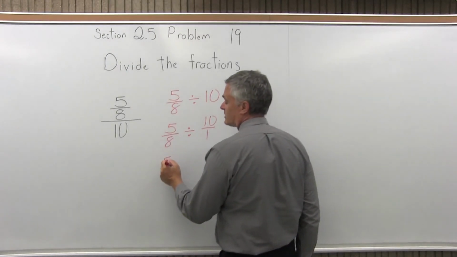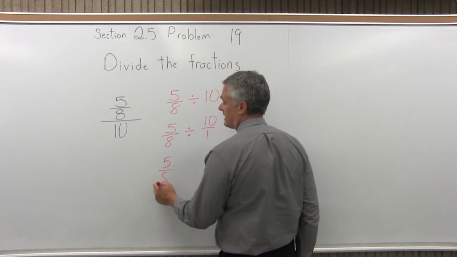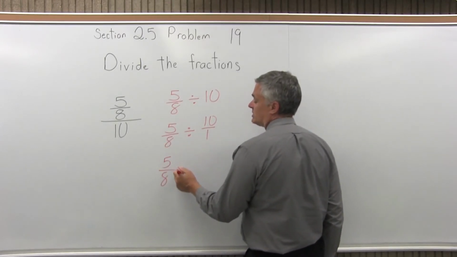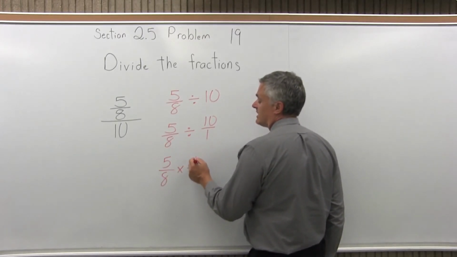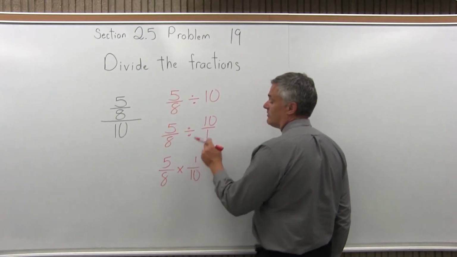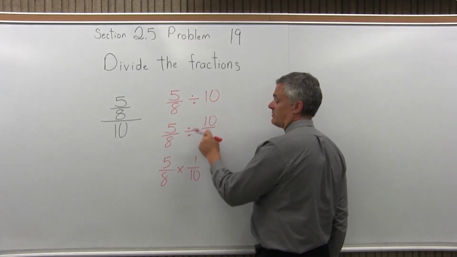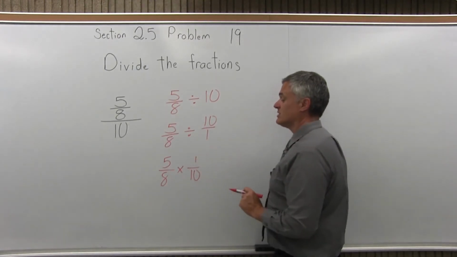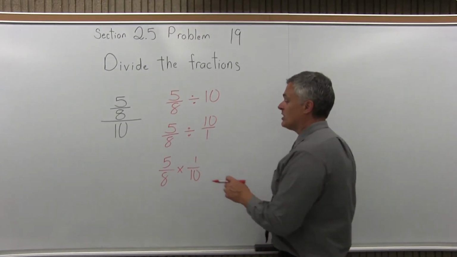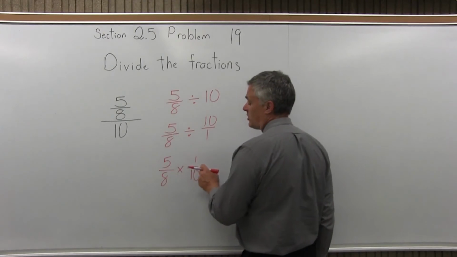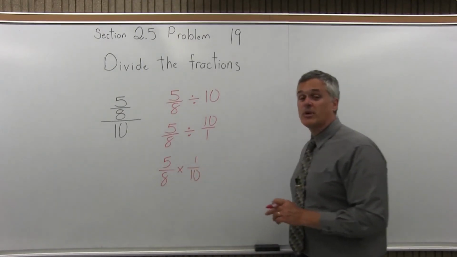So the first fraction, which is 5/8 for this problem, will stay. The division will be changed to a multiplication. And the second fraction is inverted or flipped. The 10 goes from the numerator to the denominator, and the 1 comes up from the denominator up to the numerator. I change it to 1 over 10. And now I can multiply top times top, bottom times bottom, and that will work, but I have to reduce